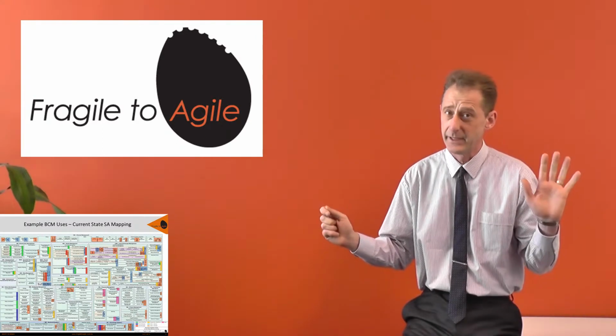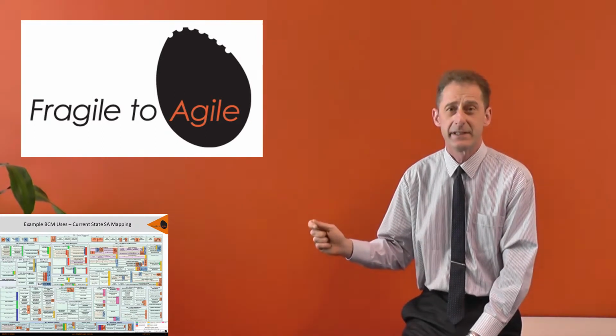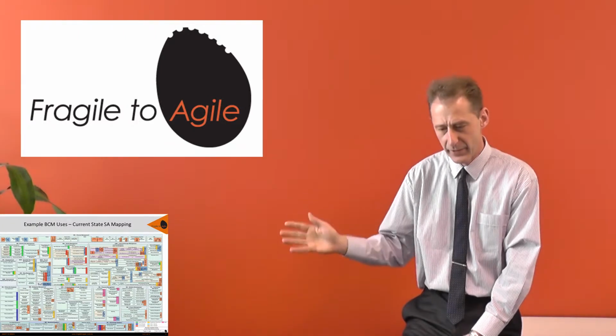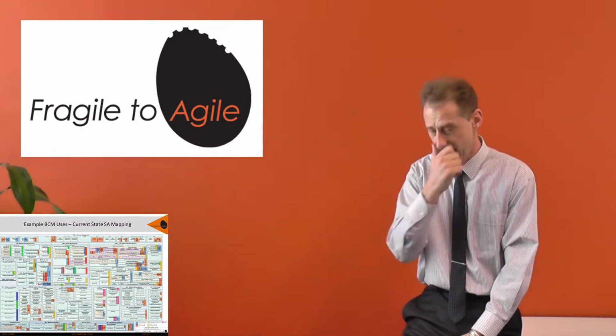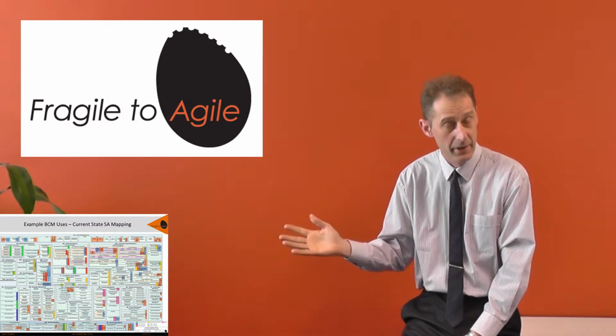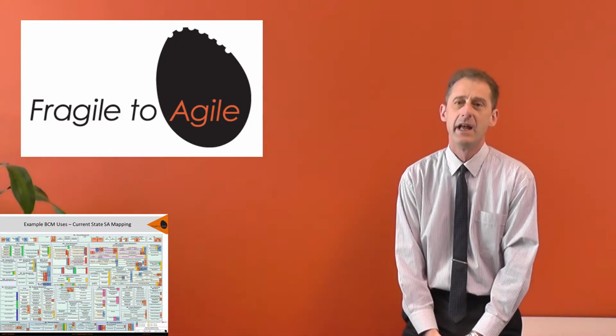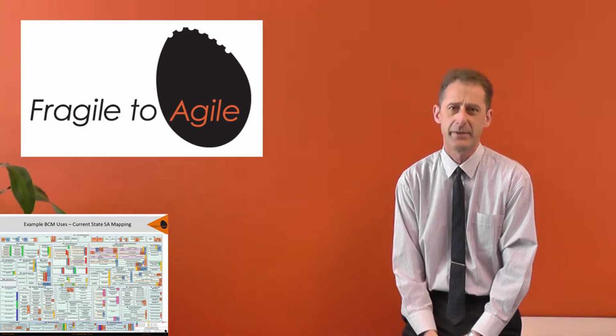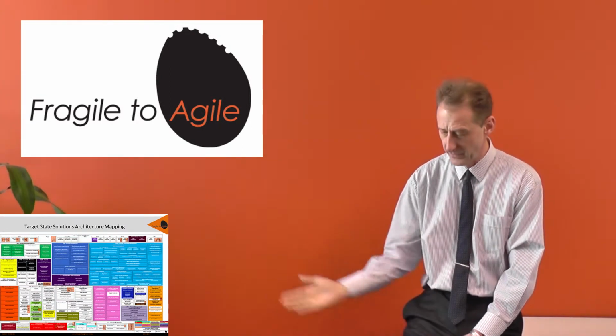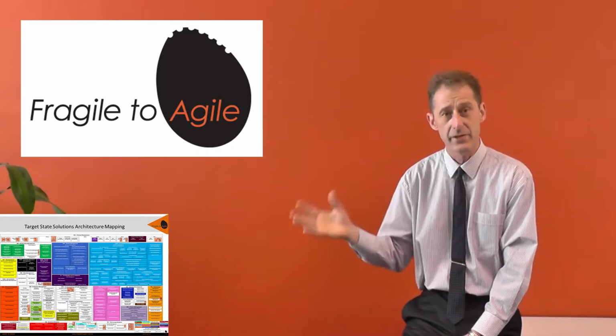You could do this at the executive level, but it wouldn't really facilitate deep design. So you can overlay your current systems, which will show levels of duplication, overlaps, and areas which are not properly addressed by technology. And then you can develop from that a target state, and again that's just overlaid on top of the business capability model as shown in this picture here, that shows what the solutions are going to be